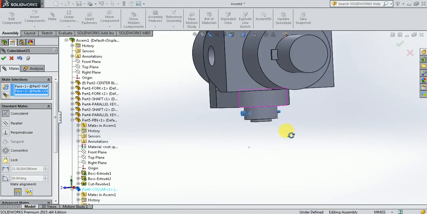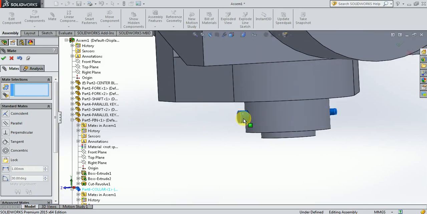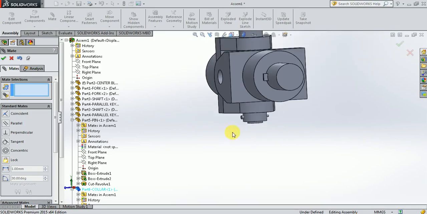So this is how it is done. Give it OK. Now you can see that we cannot take out this taper pin. Even though it is not appearing, this taper pin will have a rotational degree of freedom. If you want to lock that, you can do it. Otherwise, you can stop at this stage.